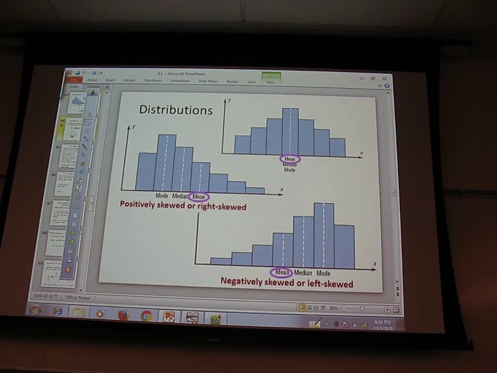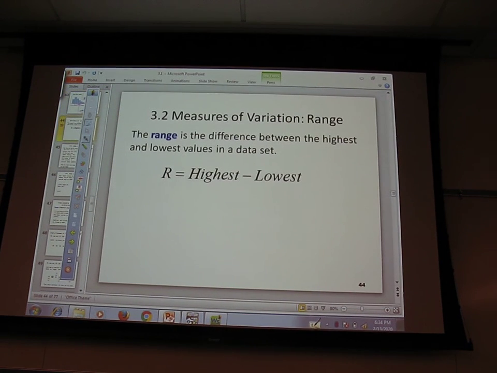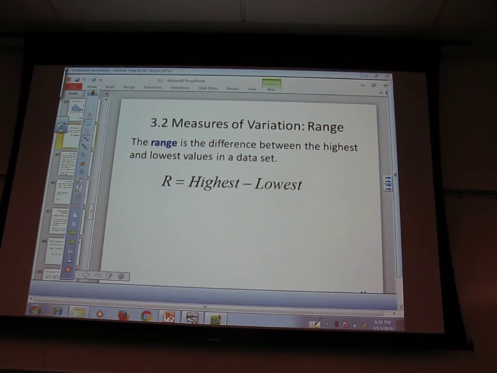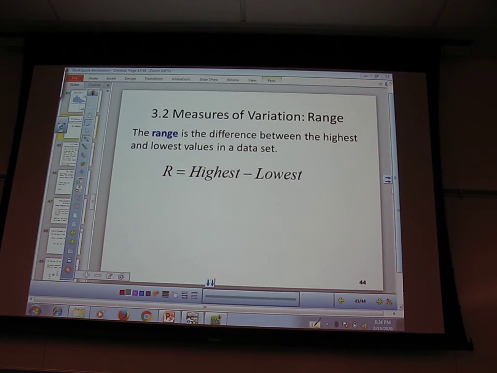All right, so now we're going to talk about measures of variation and range. The range is the difference between the highest and lowest data values in a data set. Can everyone see the word mid here? No. You guys see the word mid? No? So there's no word mid here. It is not an average of two numbers. No mid. Mid means you take two numbers